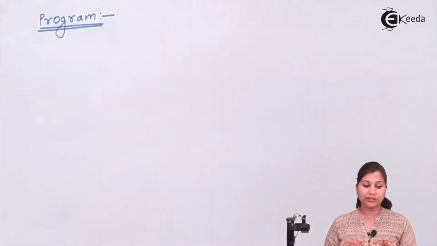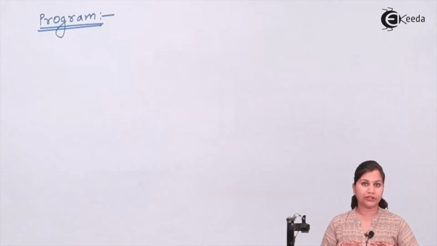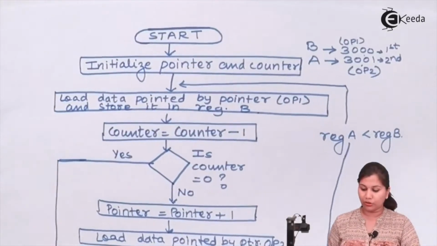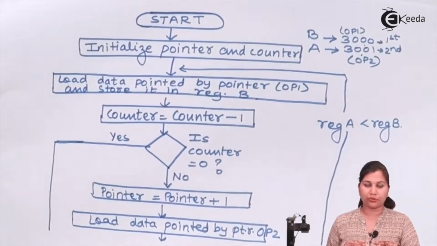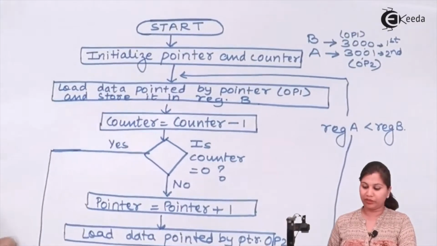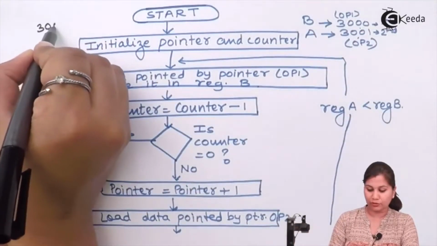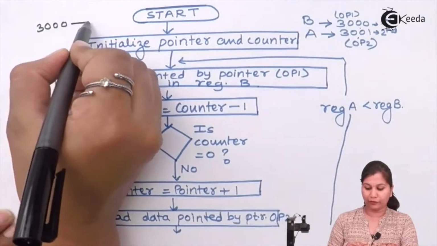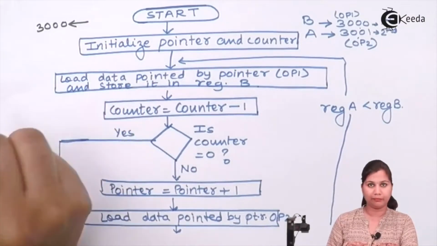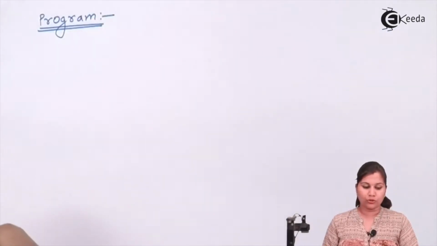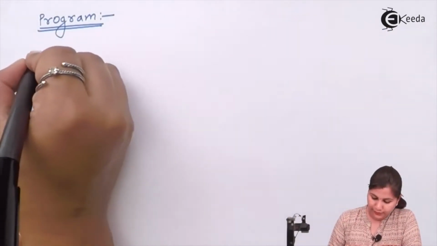In the flowchart, our first block was the initialization block. That is, we have to initialize the counter and also the pointer. The pointer is the memory pointer. We have to tell the microcontroller the length of the array, and also that the array is starting from the 3000 memory location. Okay. So we are going to use